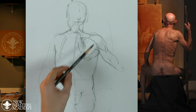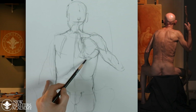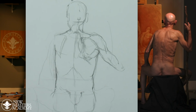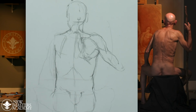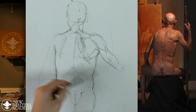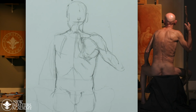And then remember that the bottom, the inferior edge of the scapula, is slightly underneath the latissimus. And you can see that slight elevation after that, the serratus anterior. And so we're getting into the complexities of this. And keep in mind, I'm still working primarily in line, but I'm finding the contours of all of these muscular